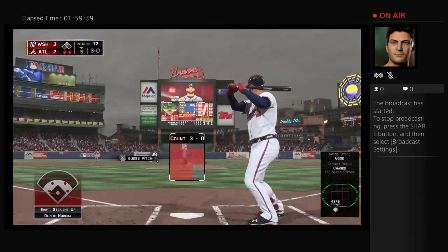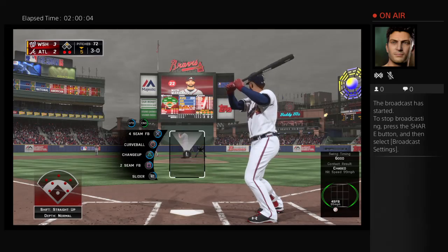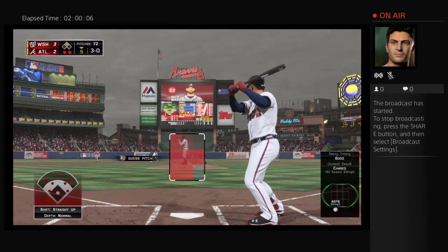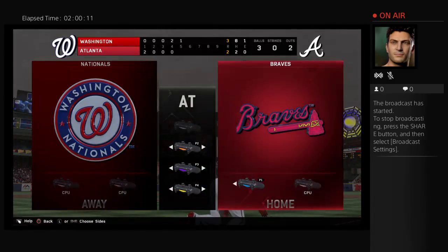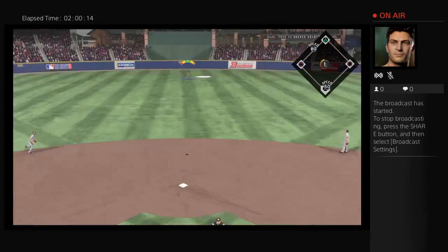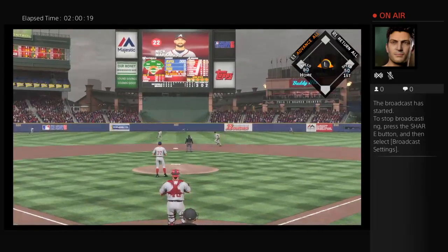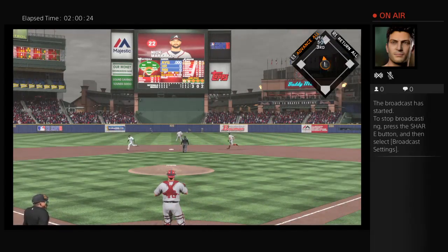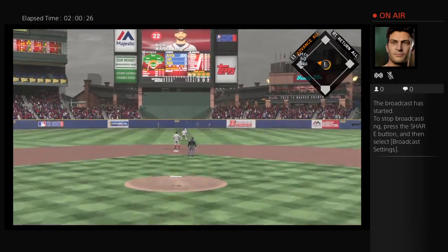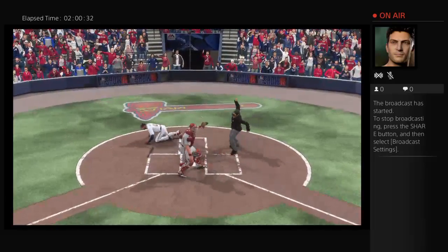So stepping in, Nick Markakis, as he'll look to bring home that tying run from second with a base hit into the outfield. Sent in the air out to straightaway central. And a diving effort in center, but he can't get a glove on it. Oh, and he botches it. Oh, and he ignores the third base coach and heads for home. And they will tag him out at the plate. And that'll...